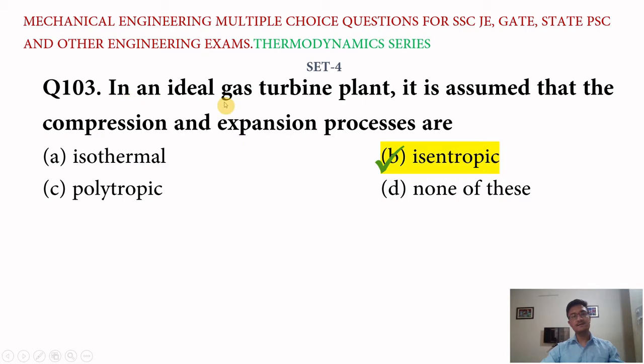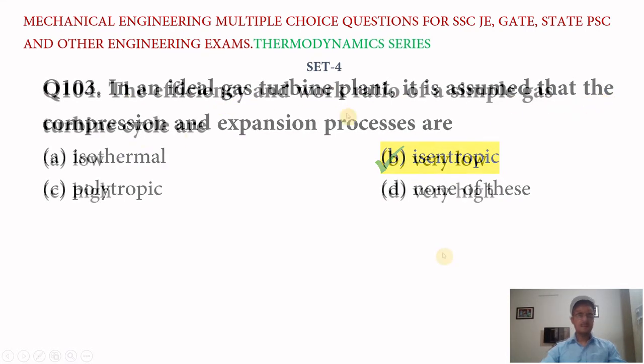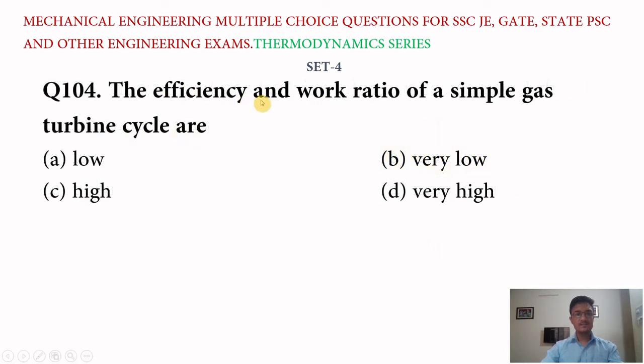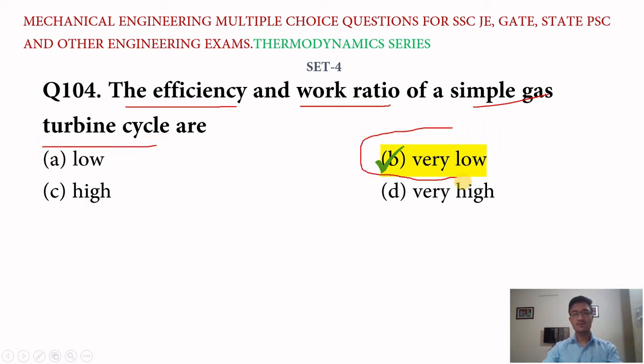Next question. The efficiency and work ratio of a simple gas turbine cycle are, option A low, option B very low, option C high, option D very high. So the answer is very low. The efficiency and work ratio of a simple gas turbine cycle are very low. The option is B. Next question is